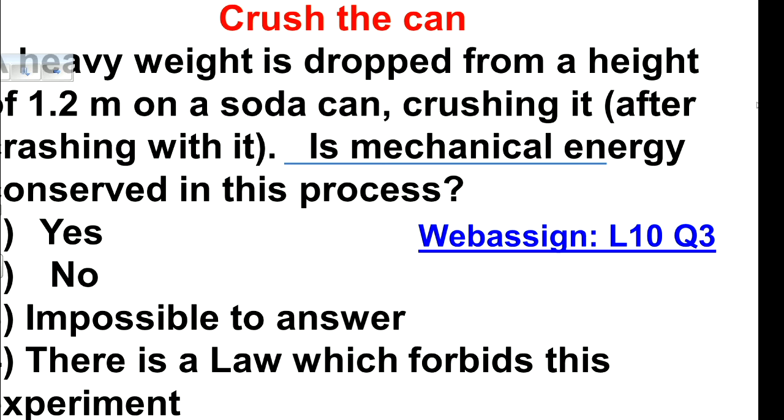So if I let it go, that object starts moving faster and faster. What's happening with that? I just love it. Gravitational potential energy starts transferring into kinetic energy. It's moving faster and faster. So here, when it crashes this can, let's try a big one.